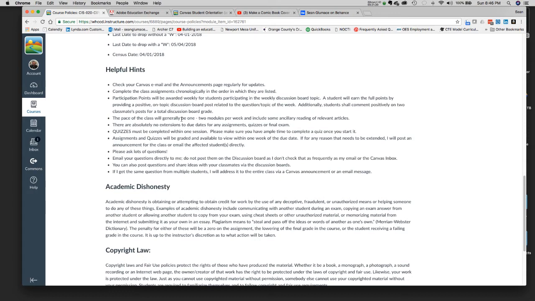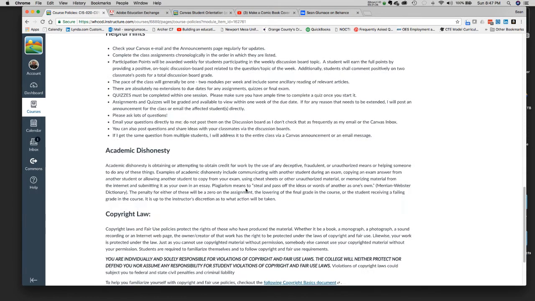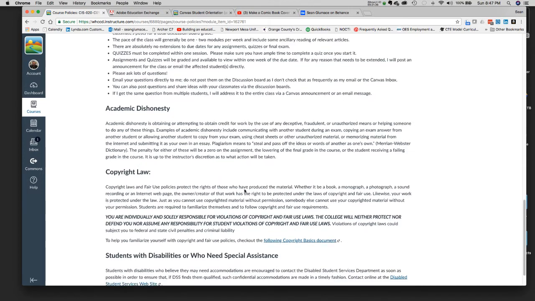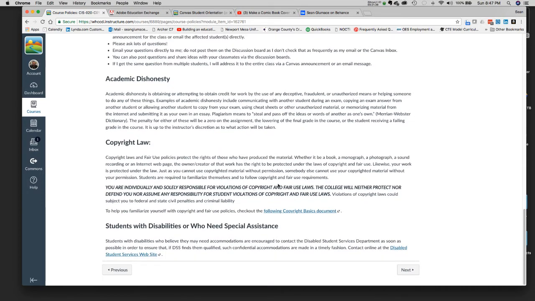So the pace of the class is 1 to 2 modules per week, you just need to do the work. Academic dishonesty. Please don't have other people do your work. I mean, it really comes down to it. Now, in the real world, that's a little different. But here, it's about skill sets. And if you don't practice, you don't learn the skill sets, which means you don't learn Photoshop. So you need to practice. Having someone else do all the work for you for the grade, well, that's a whole other monster, but it is